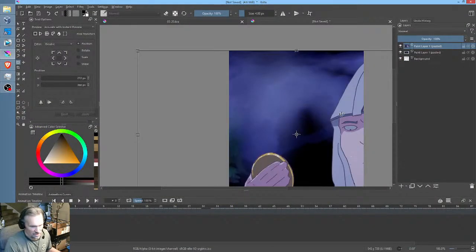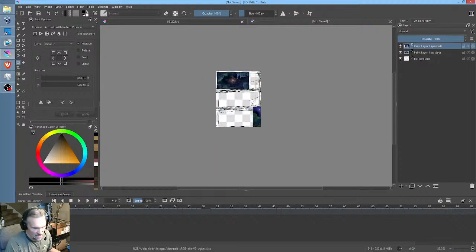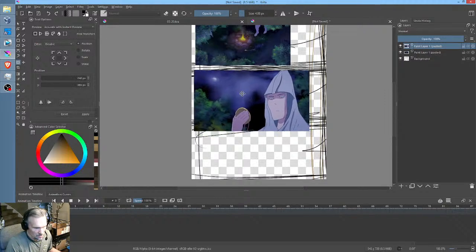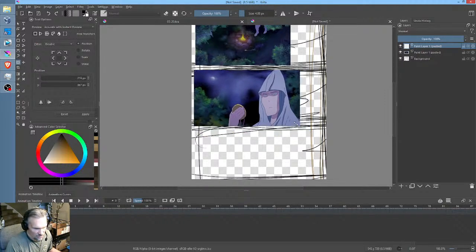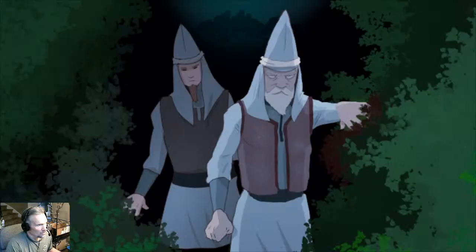So let's do this, and the size and scale doesn't matter because we're just trying to basically feel what this would kind of break down into if you did it. So none of this has to be particularly exact. There it is, and we'll do one more.